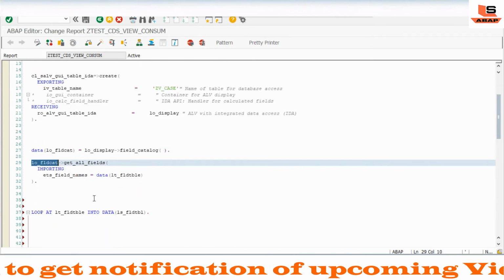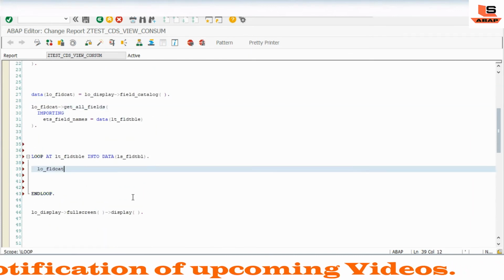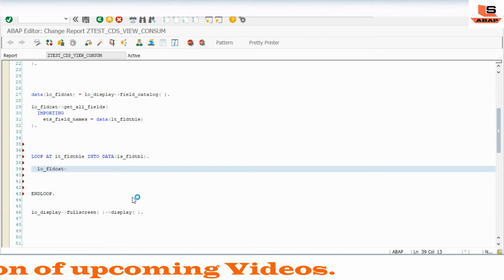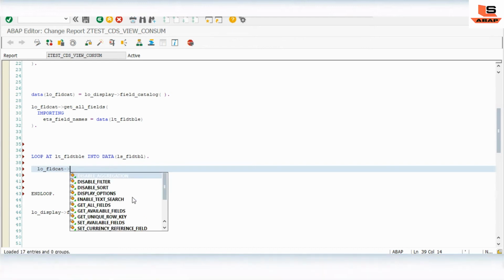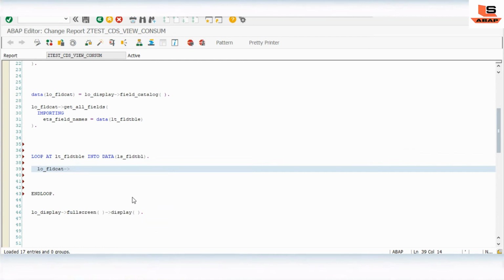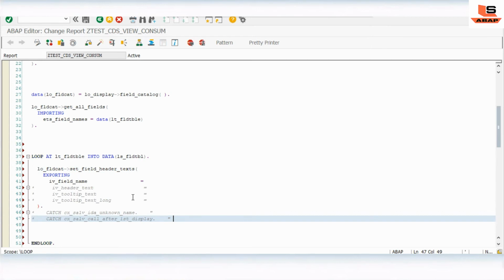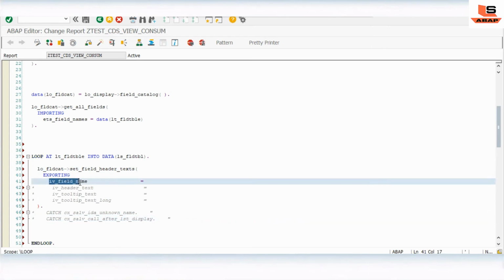I will call a method on the field catalog. Which method? As you can see here, we have a method called set field header text. Control space, select. Here we need to pass the field name.